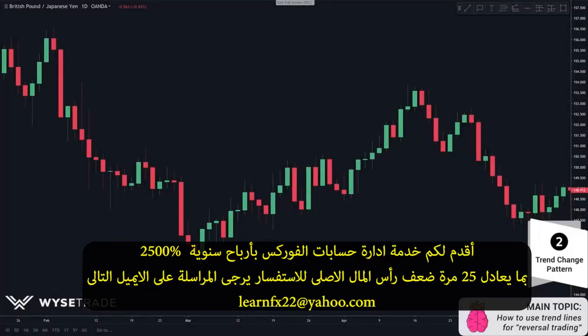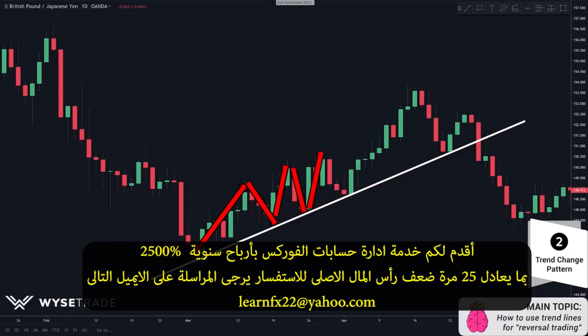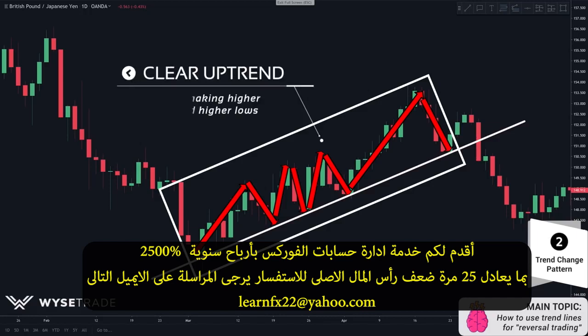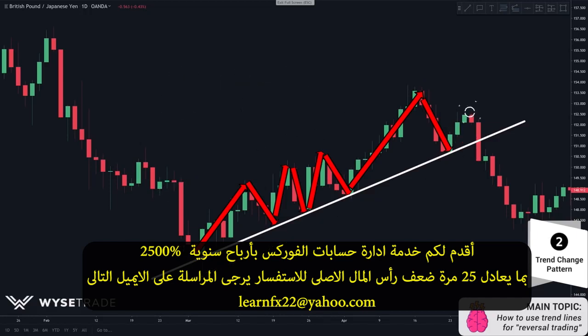So here is your moving uptrend, and we place our trendline below the uptrend, connecting these points here. You have your run, pullback, run, pullback, run, pullback, run, pullback. Now, at this point during the trend, you have a clear uptrend as price is making higher highs and higher lows. It is not until you have your lower high form here, which is when you would think to yourself